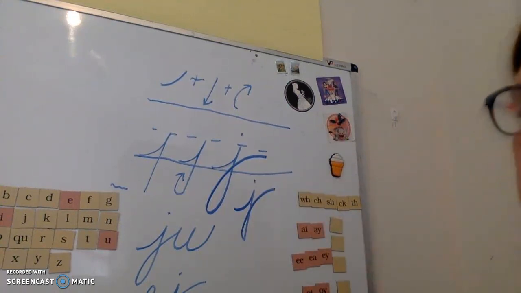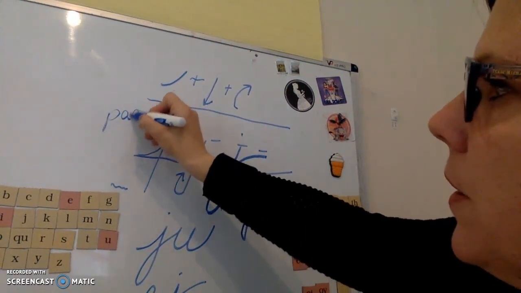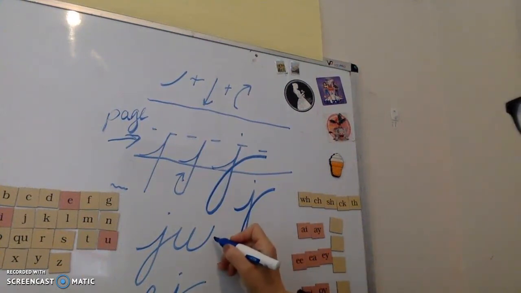So on Tuesday, I want you to do a whole page of J. If you get to the bottom and you would like to try J and U or E